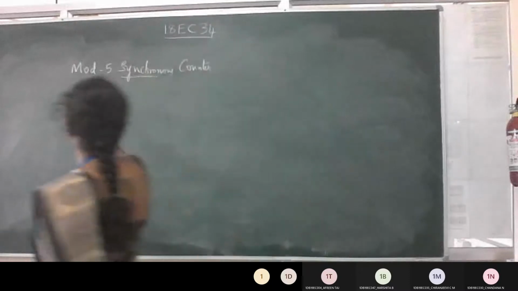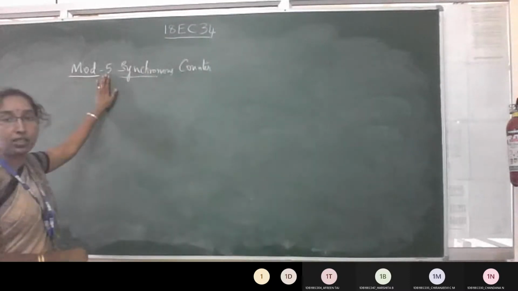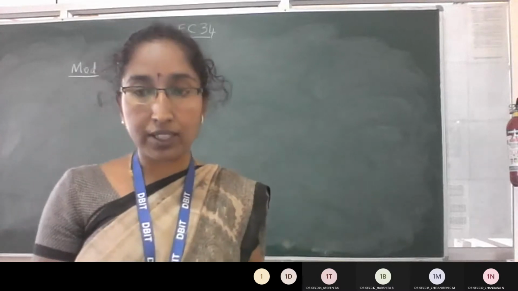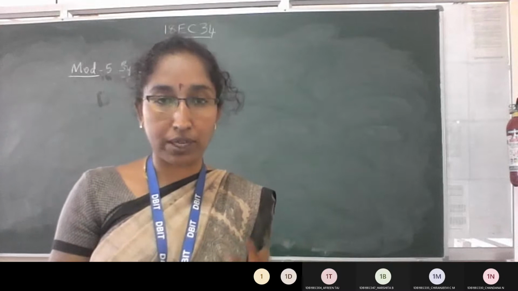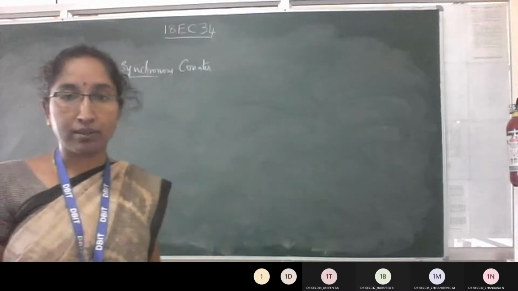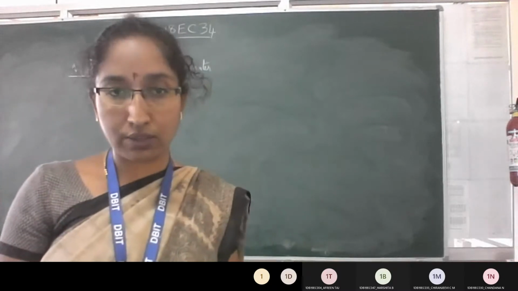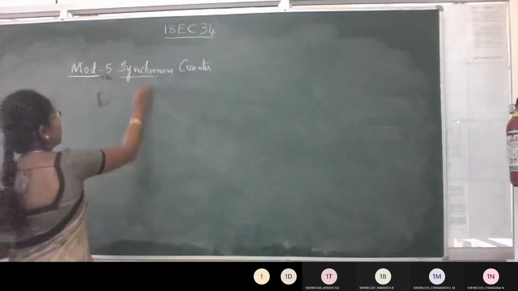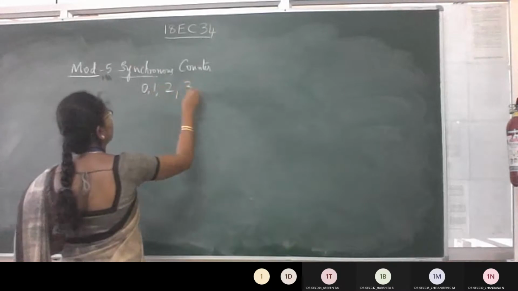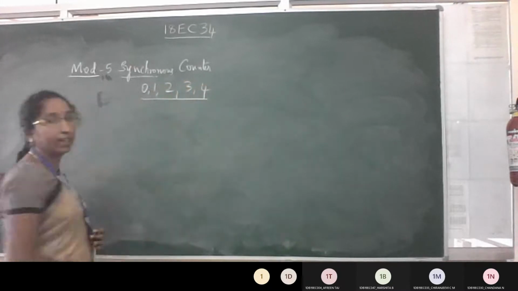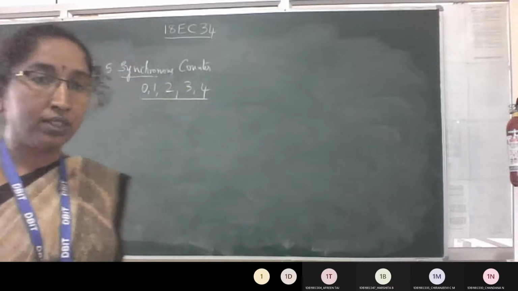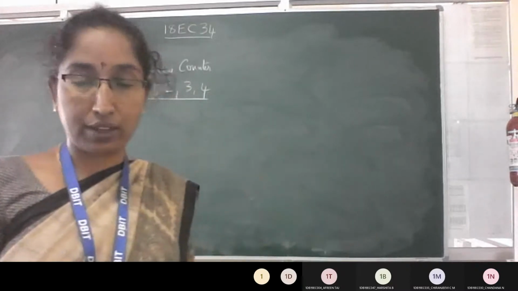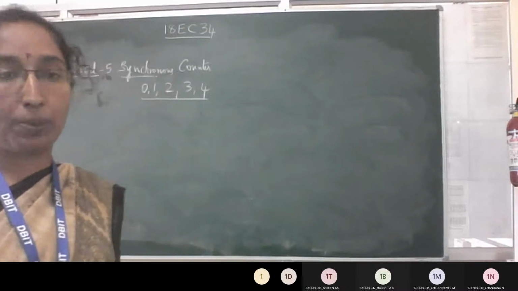Modulus indicates the number of states. Mod 5 means it is totally 5 states. If I talk about a straight sequence, it is 0 to 4, which becomes 5 states. You can take any numbers, so all are correct. If you take 2, 3, 6, 5, that is also correct. If you take an ordered sequence, 0, 1, 2, 3 and 4, totally how many states? 5 states. You can take a straight sequence, or if you want your own, 0, 2, 4, 6, 8, you can take that also, but the design should be proper.